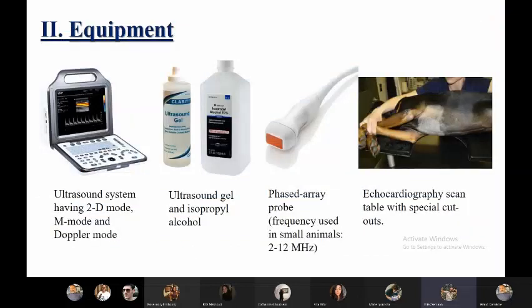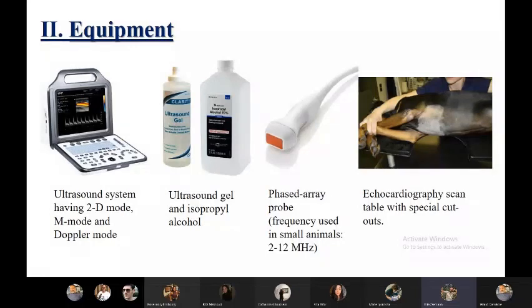Now for the equipment, an ultrasound system having 2D mode, M mode, and Doppler mode is used. It is also important to enter the patient's details and save them for future diagnoses and prognoses in regards to cardiac disease. Ultrasound gel and isopropyl alcohol are coupling agents, so they provide better surface contact with the skin,